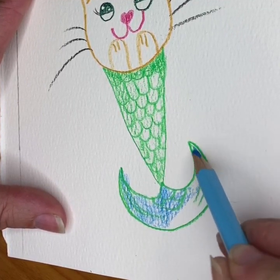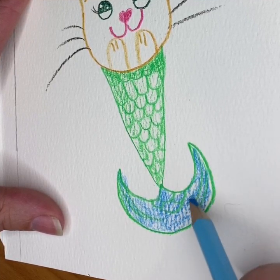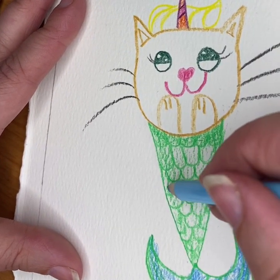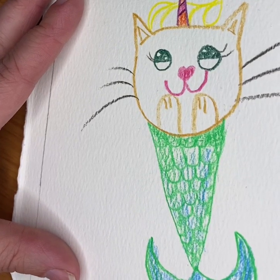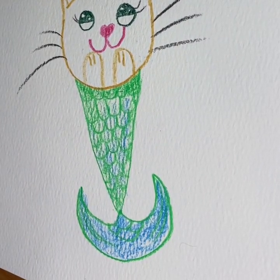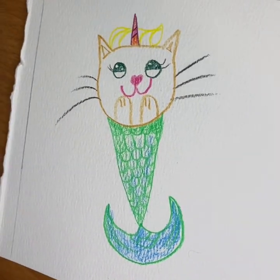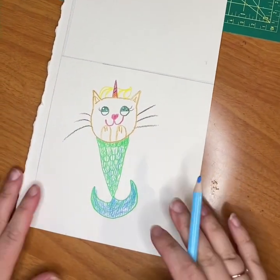And I'm just going over it lightly with my coloring pencil. You could use markers. You could even draw it with a pencil and then go over it again with paint. And this part I'm layering 2 colors on top of each other for the scales. And the cat mermaid, the unicorn kitty mermaid, however you want to say it,